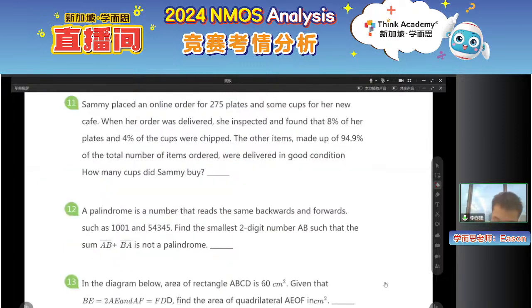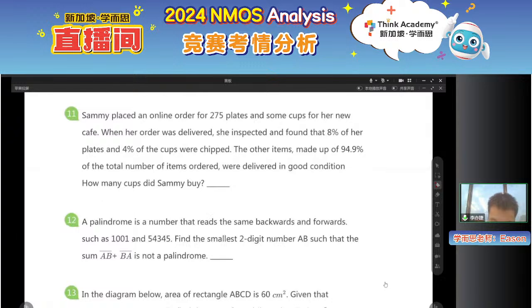Okay, question 11. An online order for 275 plates and some cups. 8% of the plates and 4% of the cups were chipped. So the other 94.9% of the total is not broken, right? So we have 2 ways of doing that. The method 1